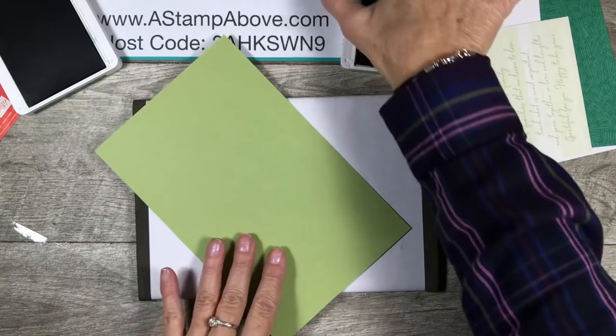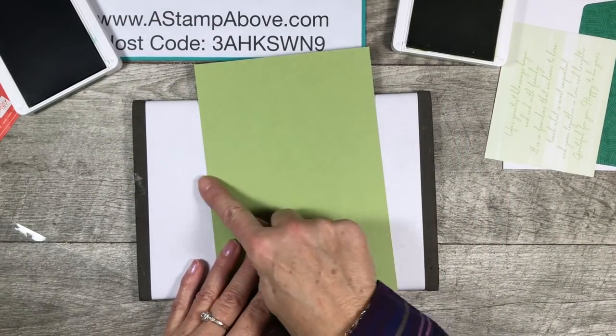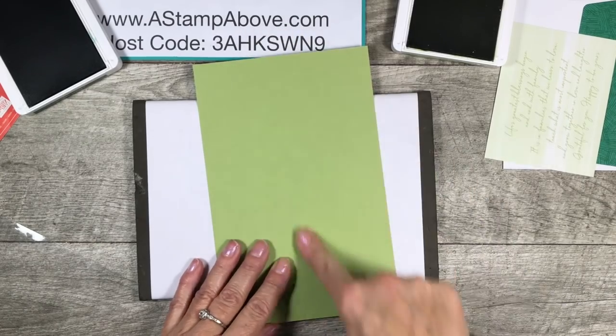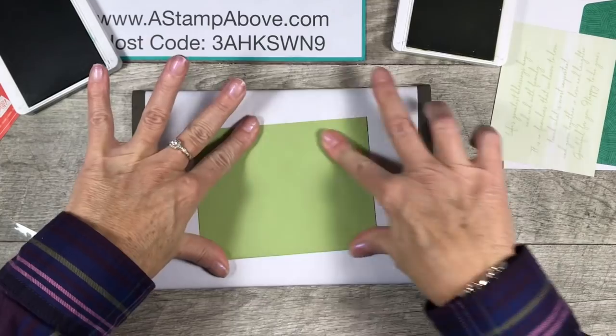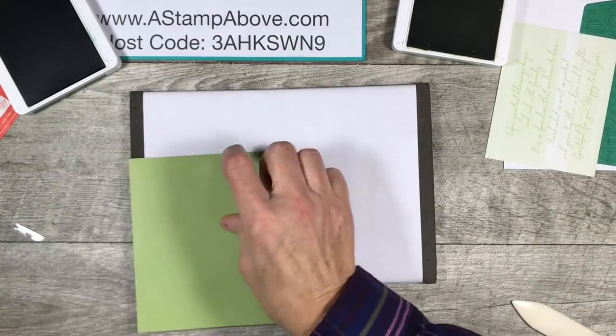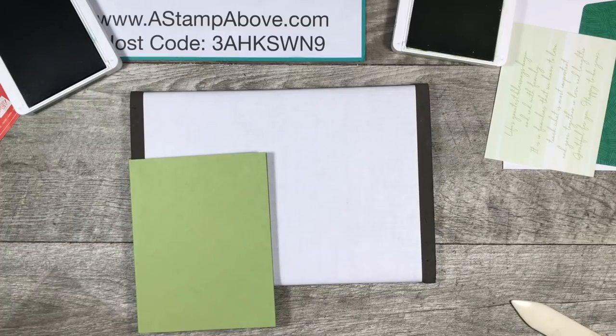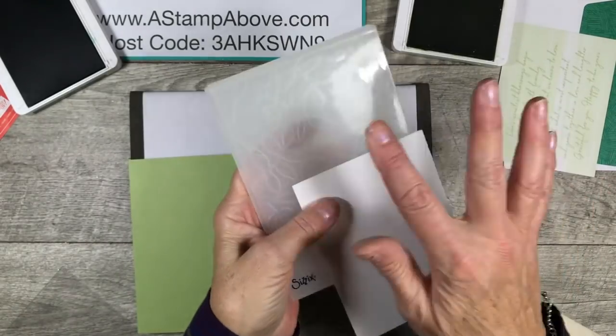This first card that I'm going to share with you is quick and easy. I have got a Pear Pizzazz card base that is 5.5 by 8.5, and we're just going to fold that and burnish that edge good. And then you're going to want to take a 4 by 5.25 inch piece of Whisper White and emboss it in the